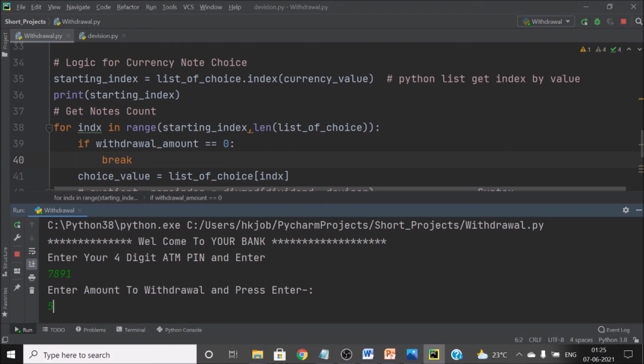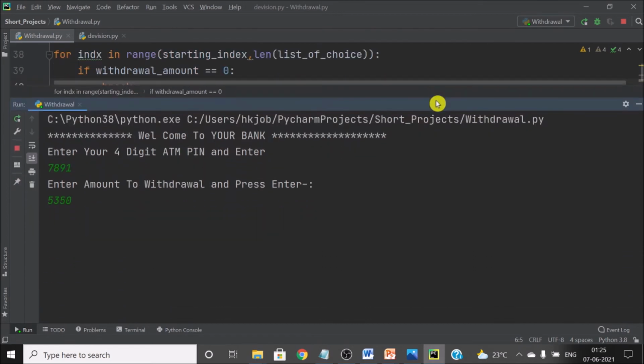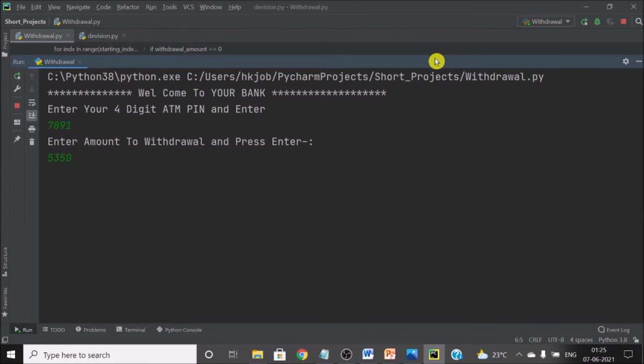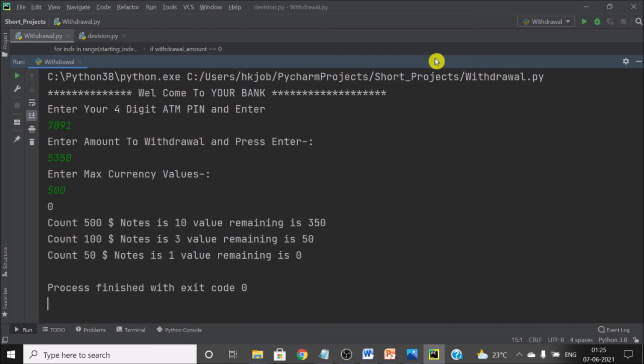Like 5,350 rupees. Okay, I will just extend this window so that you can see. I want to start with 500. So hope you can see how it is working.